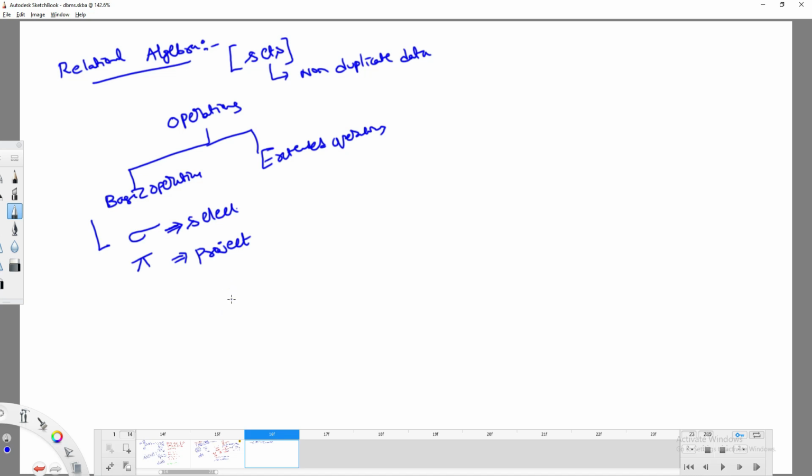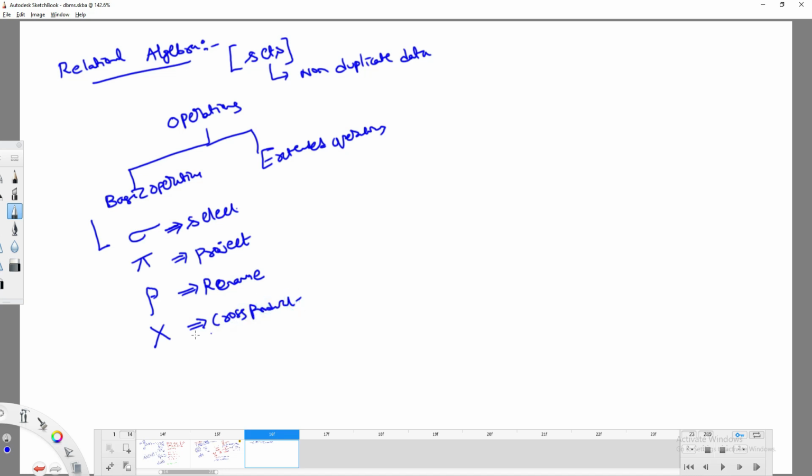Let me tell that later. Here we have, what is this now? Rho. It looks like a kind of P. Rho represents the rename operation. And the X symbol. It's not chi.